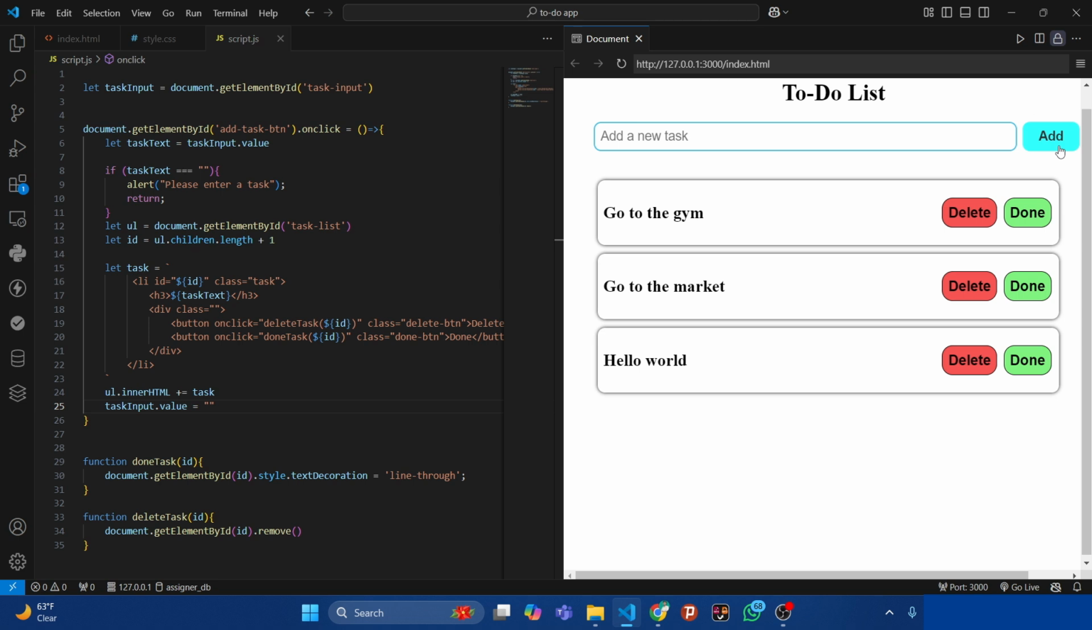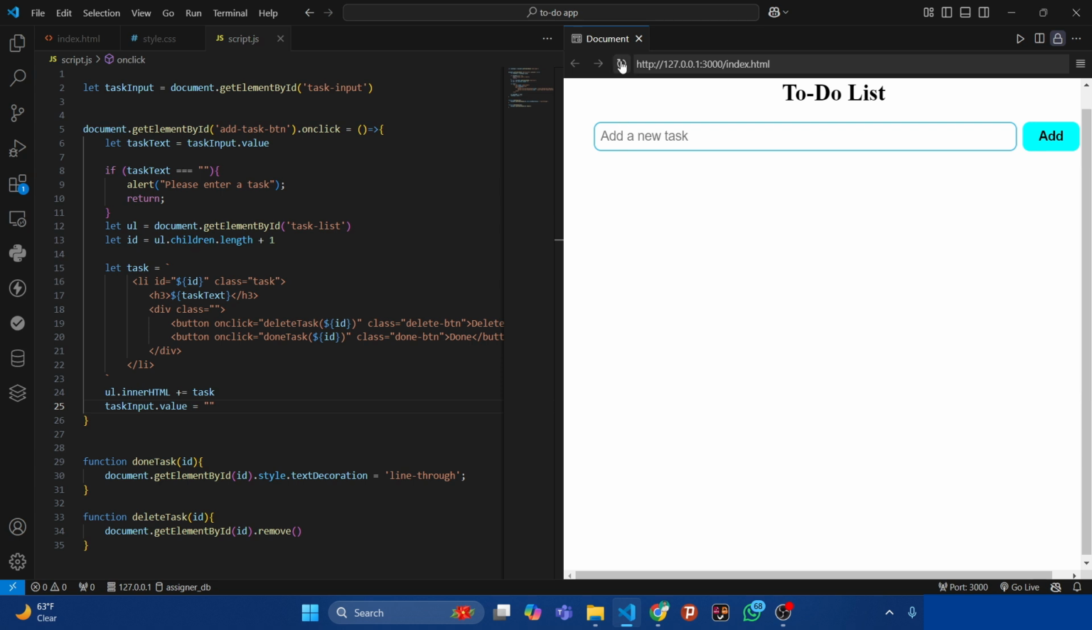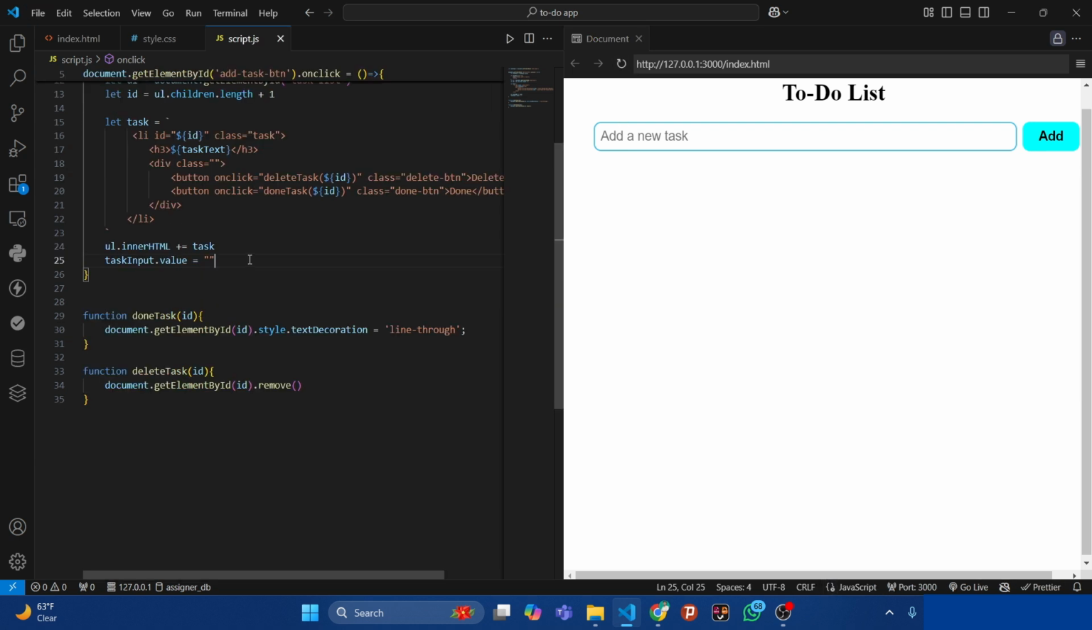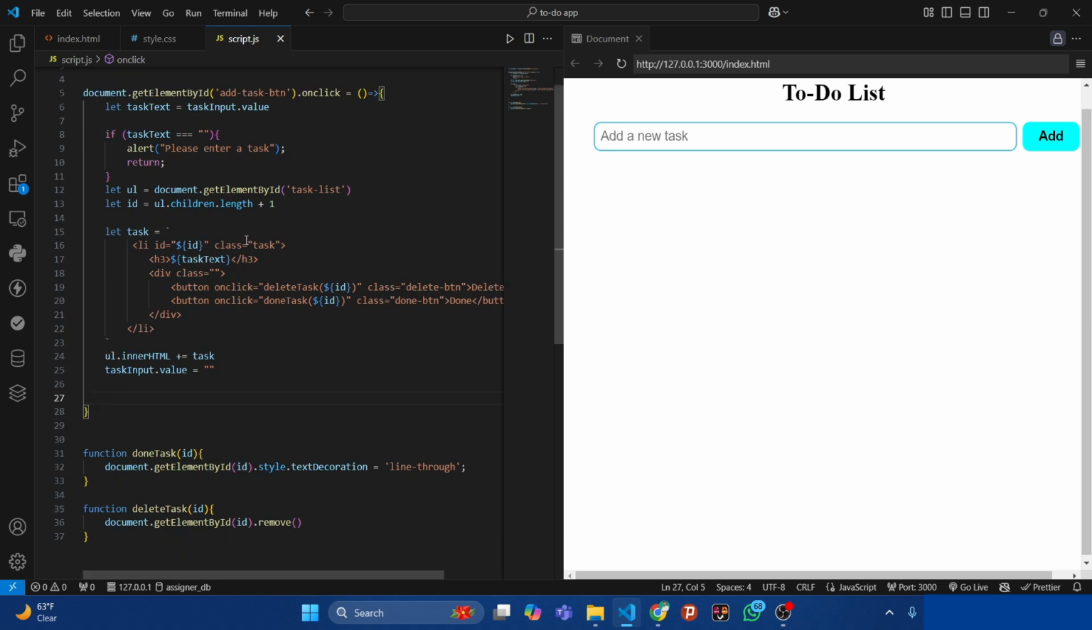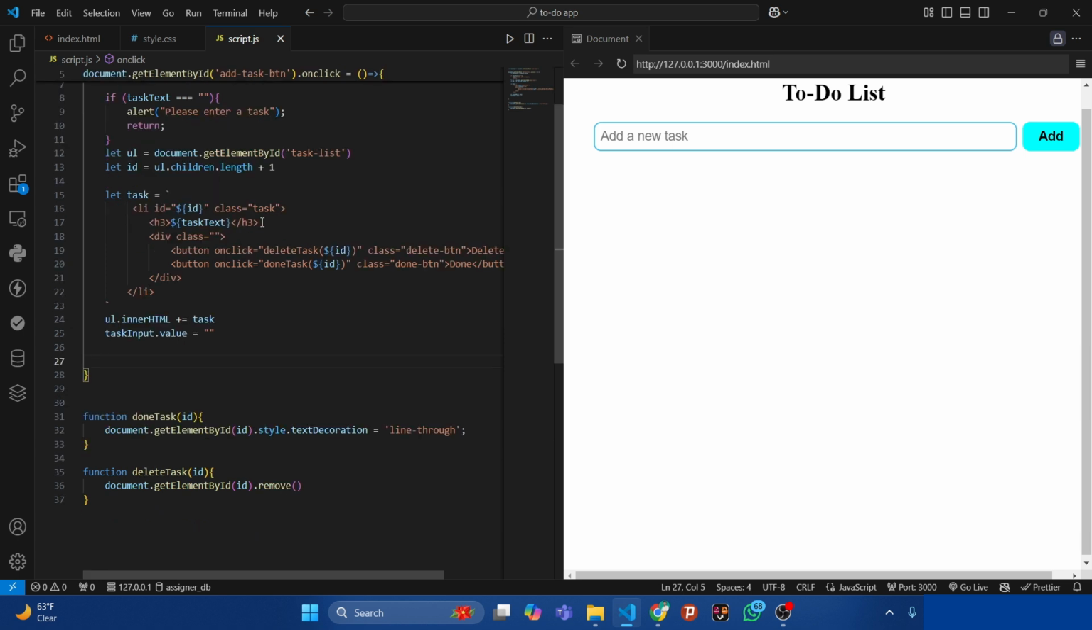Now the problem is these tasks are not getting saved anywhere. So when I refresh the page, the tasks will vanish. To tackle this issue, we can store the tasks in the local storage. So after adding the task, at the end of this function, we can store the entire copy of our unordered list into the local storage. So let's do that. localStorage.setItem